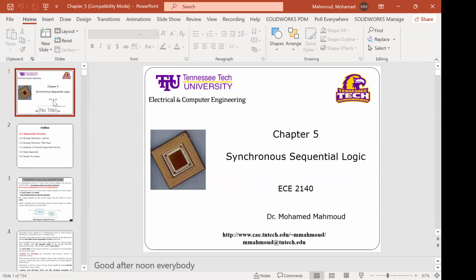I want you to pay much attention to chapter 5. I hate to use the word difficult. I don't think anything is difficult, but compared to the other stuff we have in this course, yeah, chapter 5, you need to pay more attention to it. Okay. So here in this chapter 5, I'm explaining sequential circuits. So if you remember, I told you before,